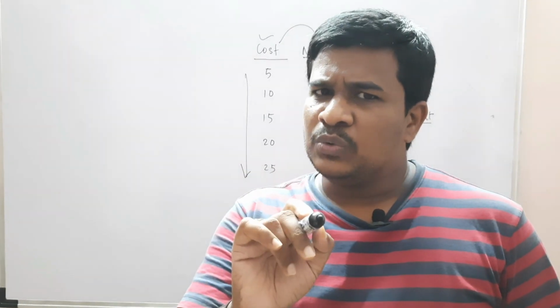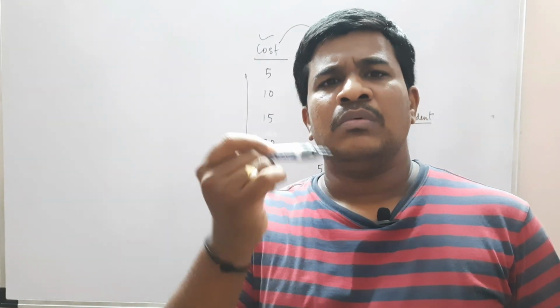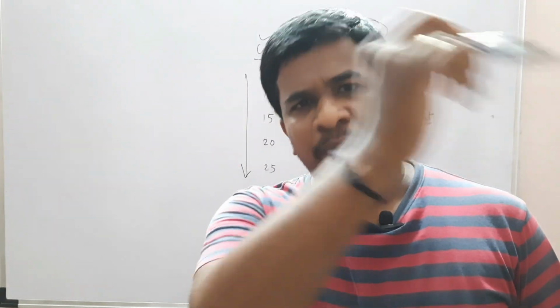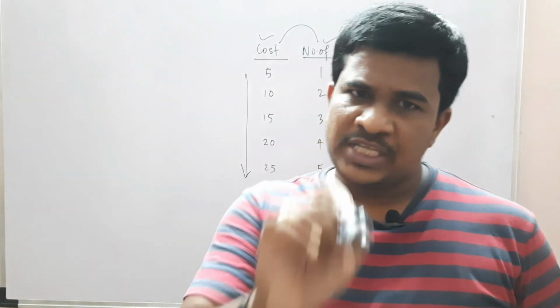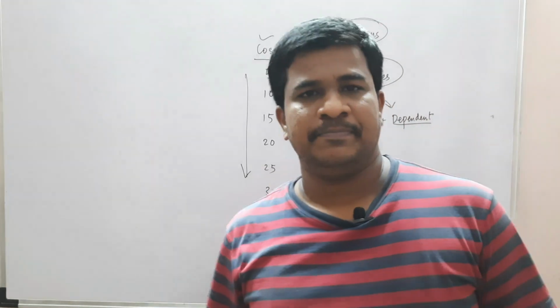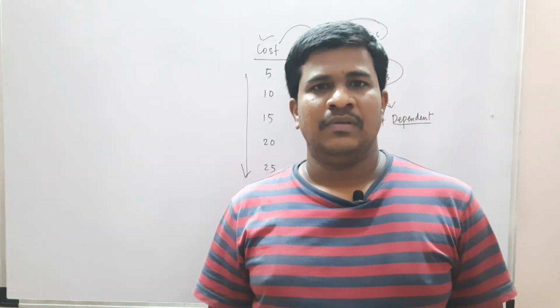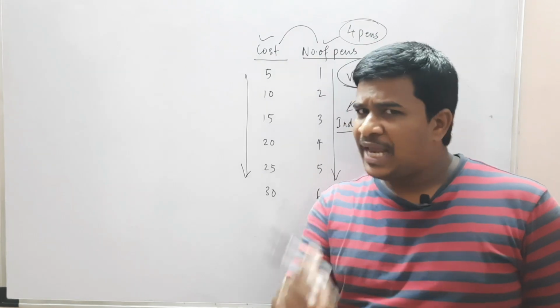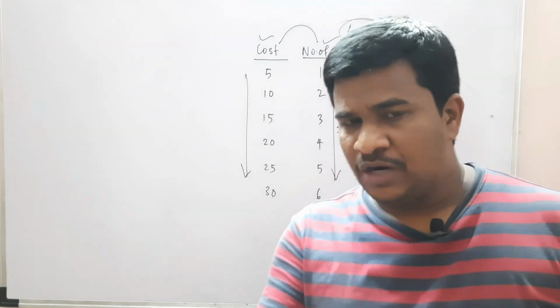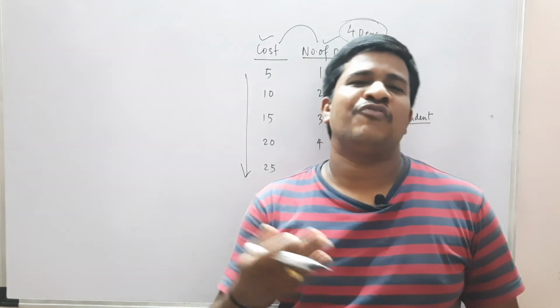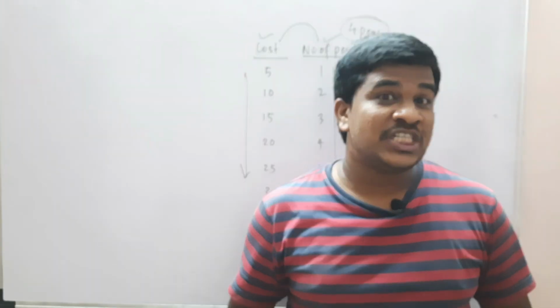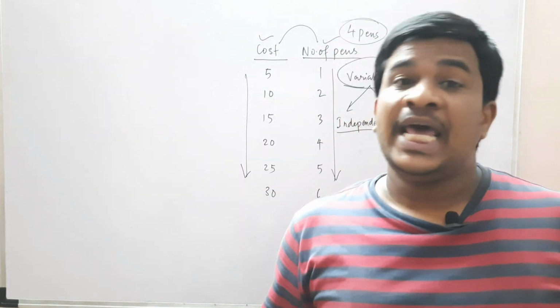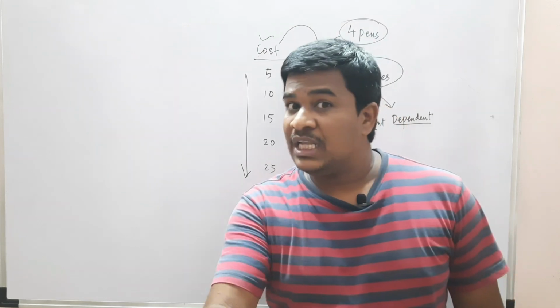So in order to know how much you should pay him, first he should be clear about the number of pens. See, you cannot go and tell him, uncle or aunt, give me some pens. The number has to be specified clearly. Do you want 1 pen or 2 pens or 3 pens or 4 pens or 5 pens? How many pens you want exactly? That has to be very clear. Accordingly, the cost will be decided.